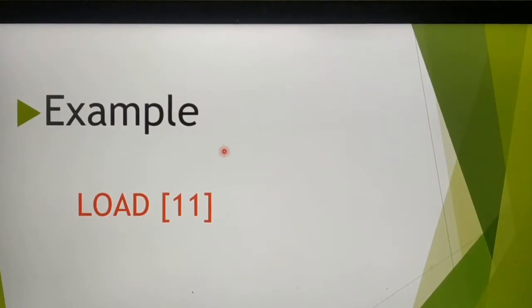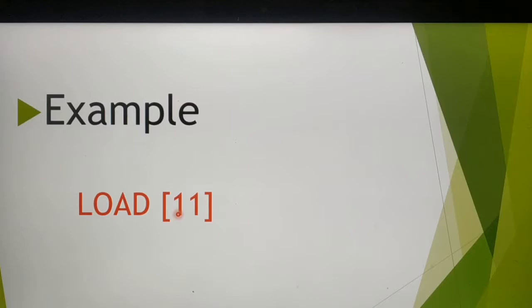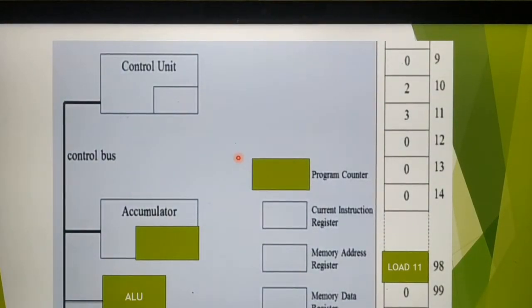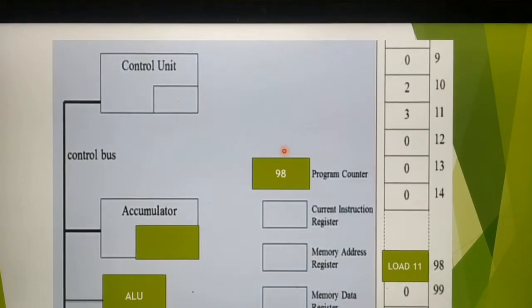We can see one example of how the internal parts of the processor work. Take the simple example of load 11. Here we are going to load the information from memory location 11 into the accumulator. First, the program counter shows the address. The program counter shows which instruction is to be executed next.